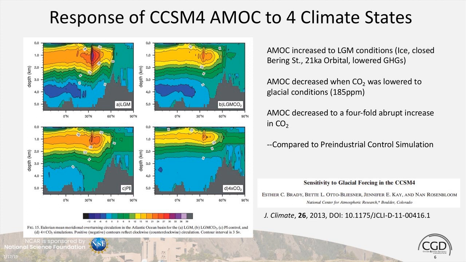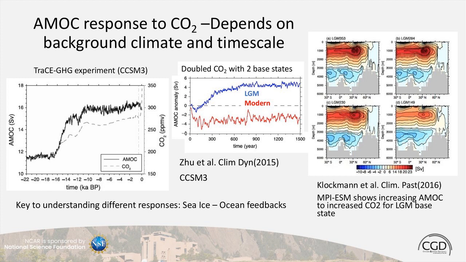Could you please elaborate on what are the sea ice feedbacks that lead to such a different behavior under CO2 increase in the LGM versus the modern? Yes. First, the sea ice starting in the LGM base state is very extensive. It really comes into the subpolar gyre region. Like the Labrador Sea is almost completely covered with sea ice and starts to wrap around the subpolar gyre. The Nordic seas are partly covered with sea ice, and so it has much more extensive sea ice.